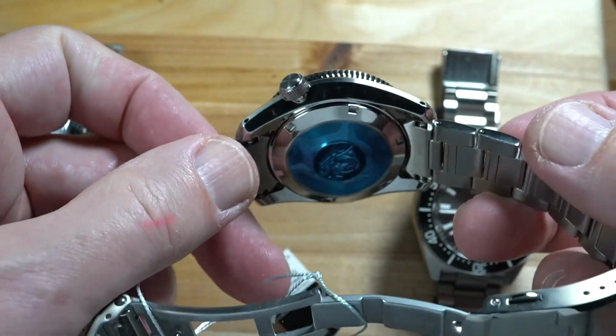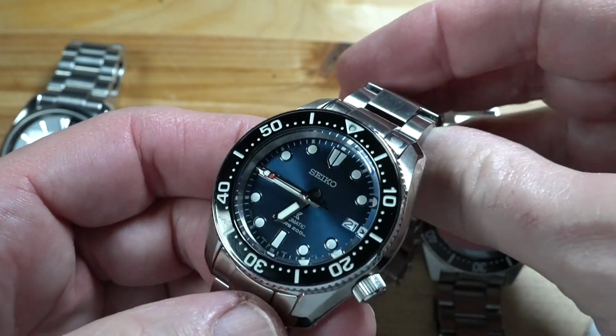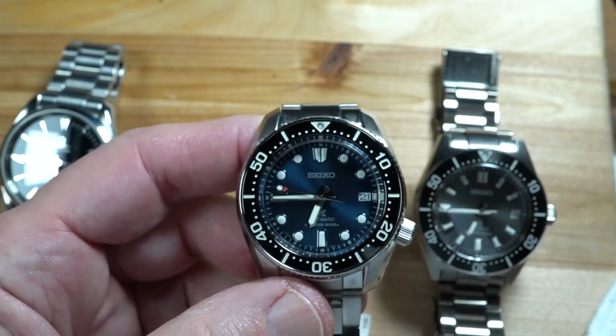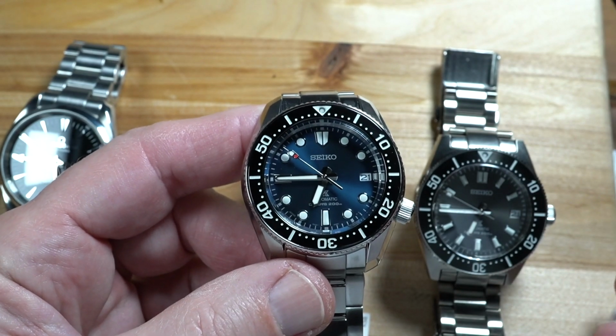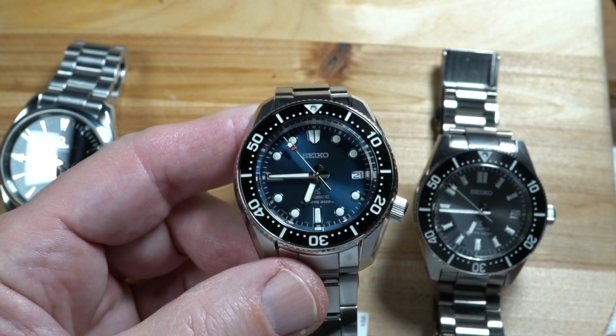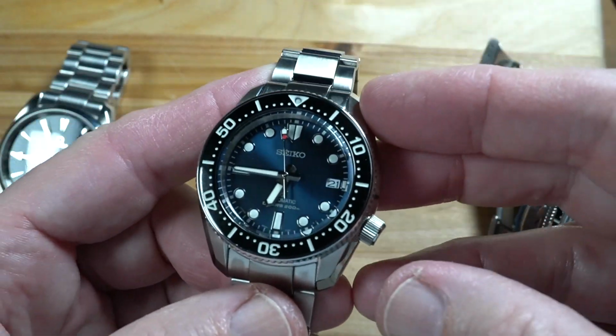It is not a monoblock case construction, no. So the case back is more like, I don't remember the reference on it, but it was actually another watch from Seiko that I had QC issues with. It had a bad bezel. So it looks like the same case as that one, except at a smaller diameter